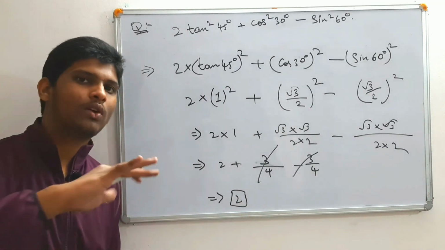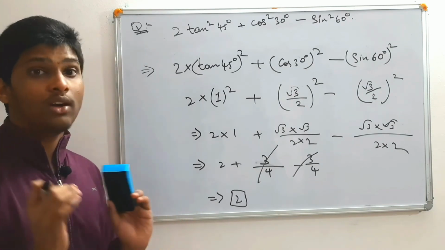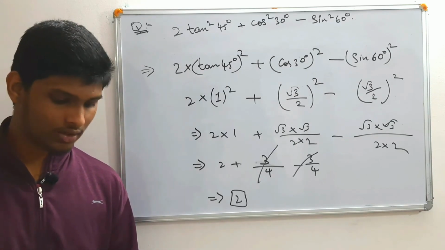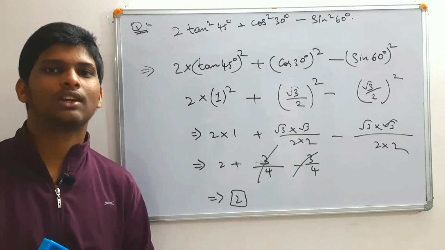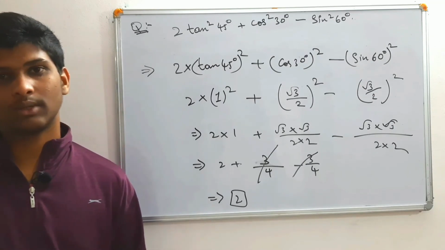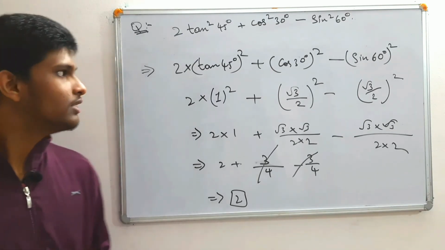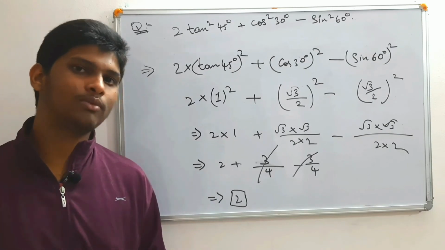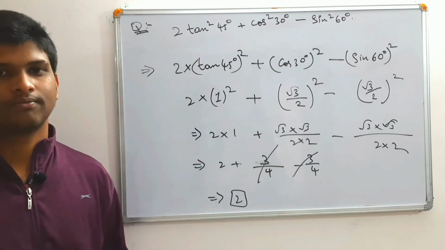So this is how we'll solve all the questions in trigonometry. Most of the questions will be like this only, on the basis of angles. And in the next class we'll talk about complementary angles and all. When you study complementary angles, that time the real kick will start, because most of the board exam questions will be based on complementary angles and identities only. These are not of so much use, but if you know this only, you can solve them. So understanding the concept of this is very important.